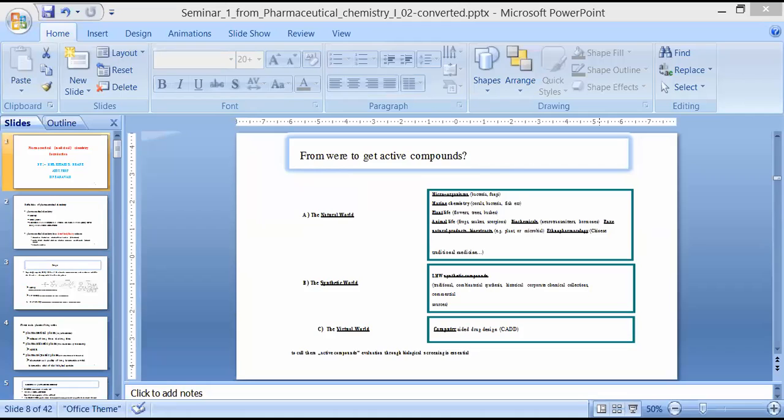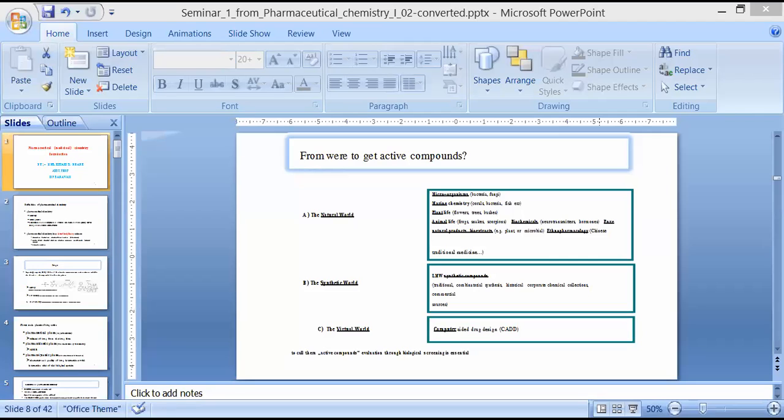We obtain drug molecules from microorganisms, including bacteria and fungi. Then from marine chemistry, that is corals, bacteria, and other aquatic life. So this will be the aquatic source for obtaining drug molecules. Then the third will be plant life, in which we obtain drug molecules from flowers, trees, and bushes, that is herbs and shrubs. Then from animal origin, that is from frogs, snakes, and scorpions. So many venom products are used nowadays for the treatment of diseases.